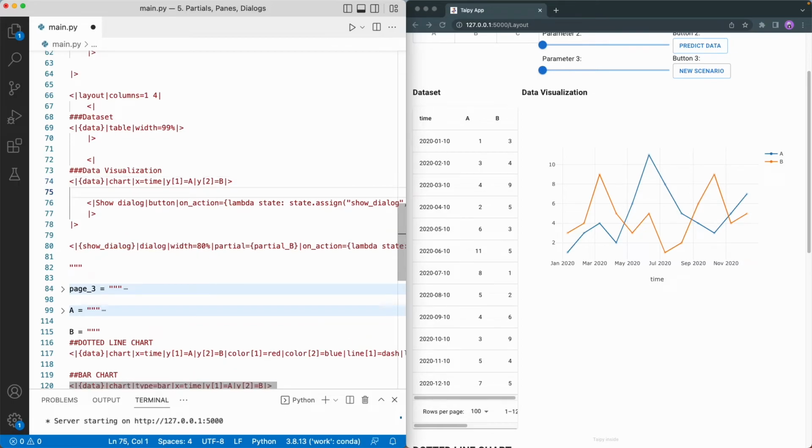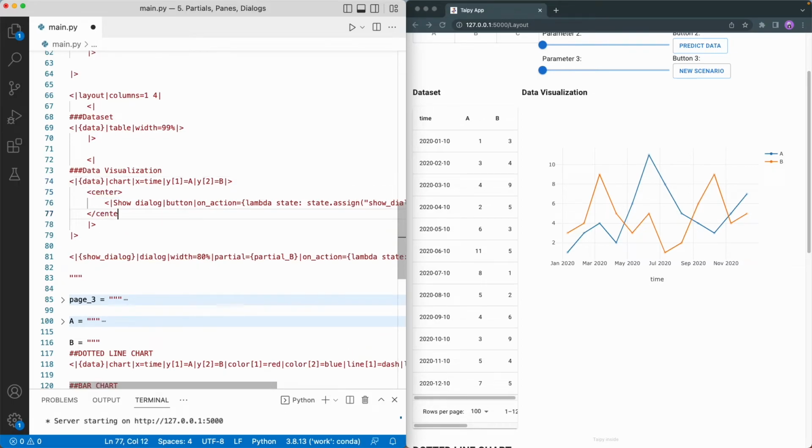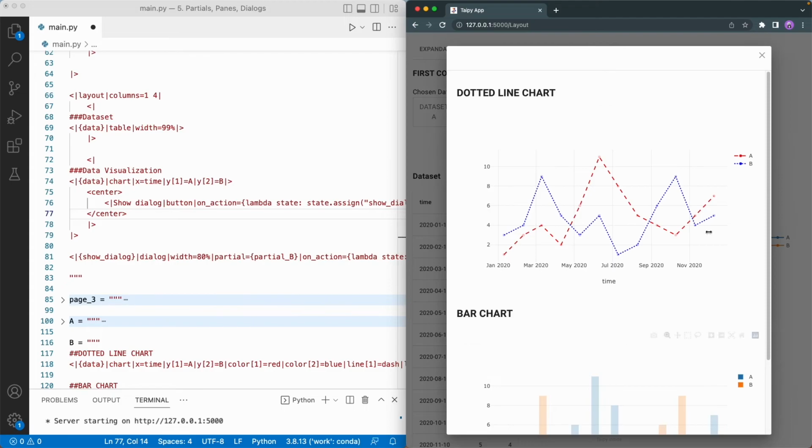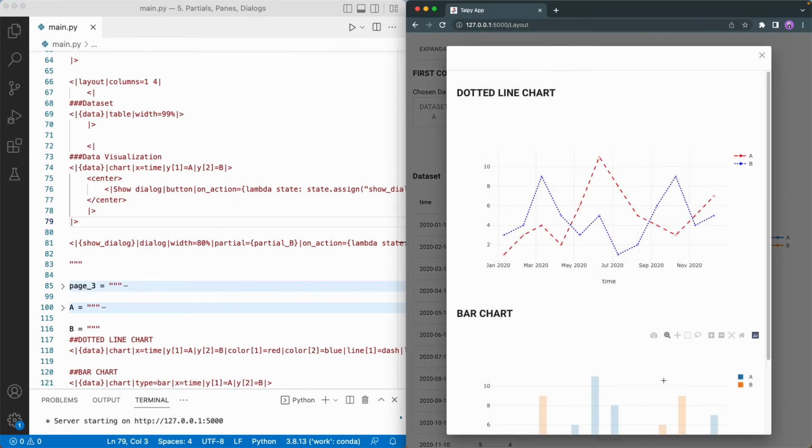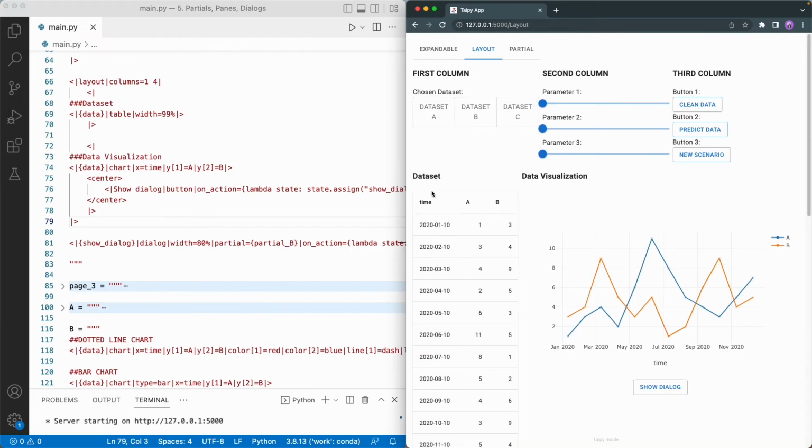Let's now center it. So now, whenever TypePy registers a click from the button, it will assign the value true to show dialog to make the dialog appear.